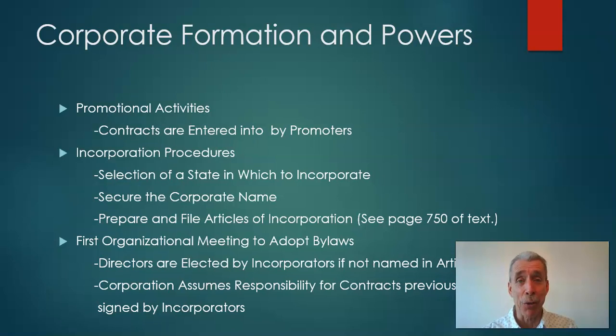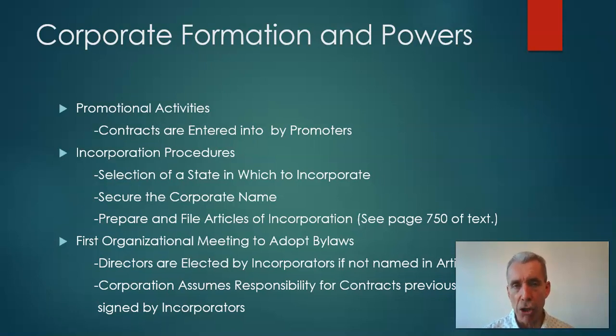So it's possible, of course, to have jurisdiction of the corporation because it's incorporated in California. Again, sufficient minimum contacts, remember that? So the agent for service of process is also listed on the articles of incorporation. So all that is put on there, and the articles of incorporation are then filed with the Secretary of State for the state of California. And once those articles are filed, drum roll please, you have an official corporation with the state of California that's incorporated in the state of California. How cool is that?